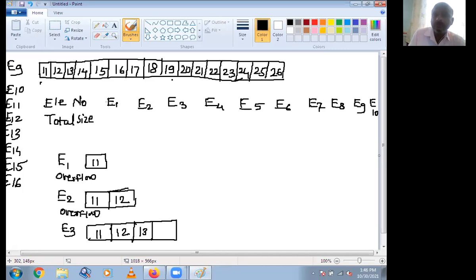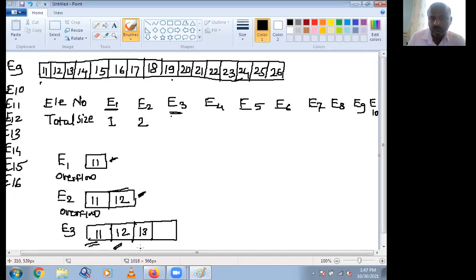Whenever we are inserting the first element, the total size of this table is 1. Are you getting? Whenever inserting the second element, total size is 2. See this table. Whenever we are going to insert the third variable, the size of that table is 4.